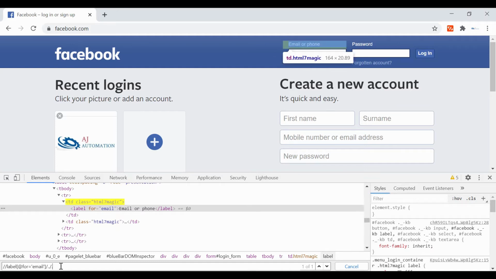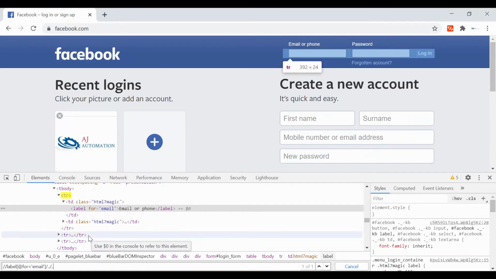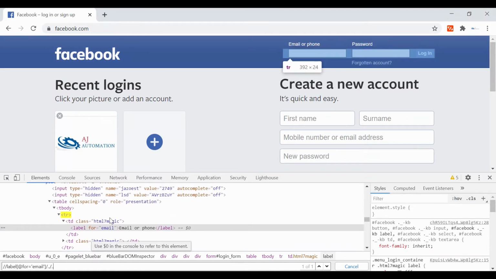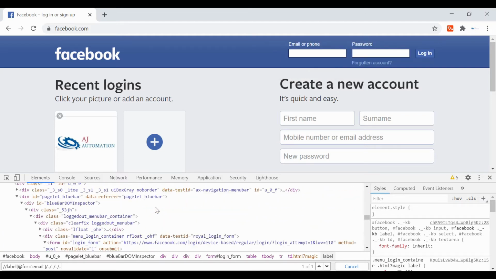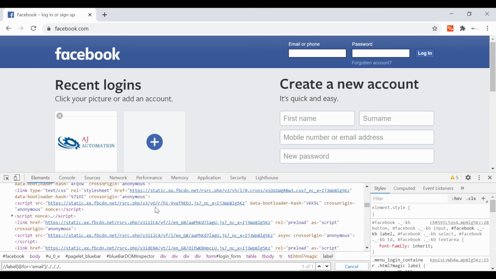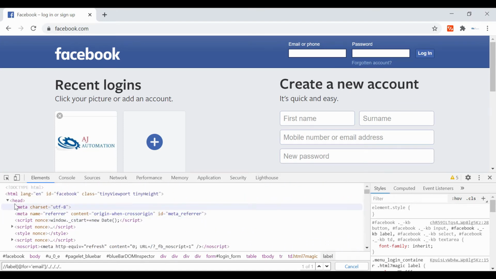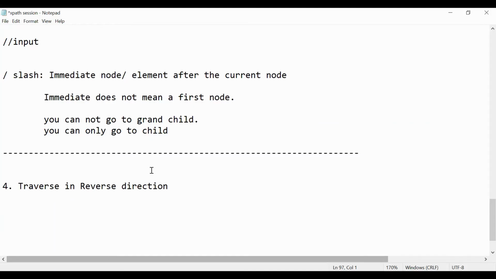Again you use dot dot, again it went to the previous node. Likewise, if you keep using this, it will go to the first node. After you use so many of this combination, it can go to the HTML tag. So that is how you can move in the reverse direction using slash dot dot. Just for example, I will put it here.